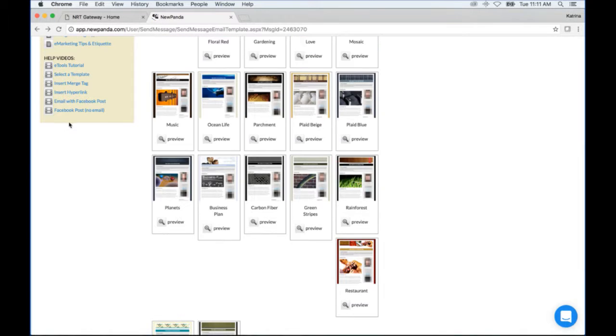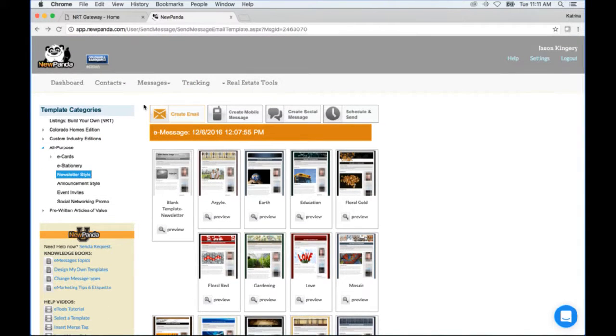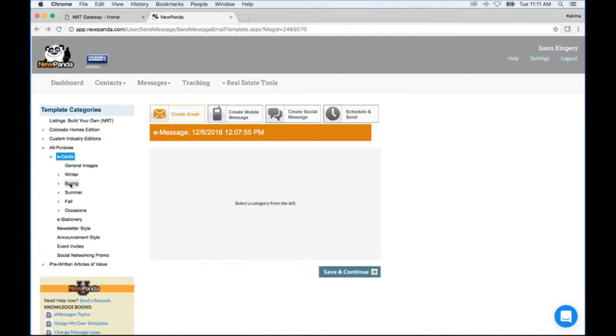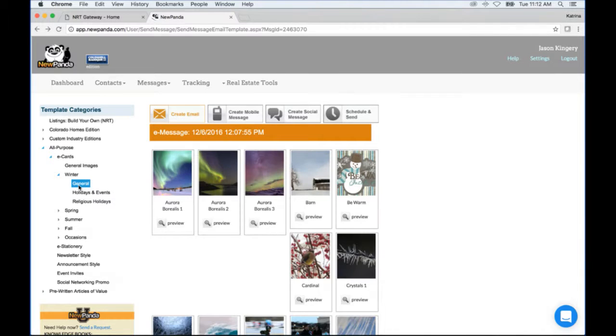And again, I think we want to keep it a little bit more towards the real estate side, but I also don't want you to hesitate to show your personality a little bit in making and creating these newsletters and adding these e-cards. The e-cards are really fantastic. If you click that, you can see it opens up a whole other one. We've got winter right now. We've got some general holidays and religious holidays. If you want to click on the general one, you'll see